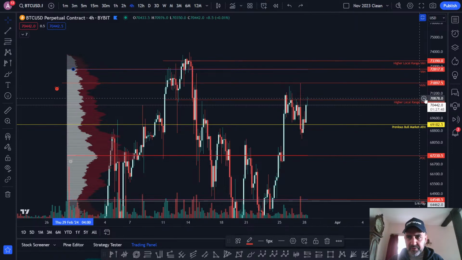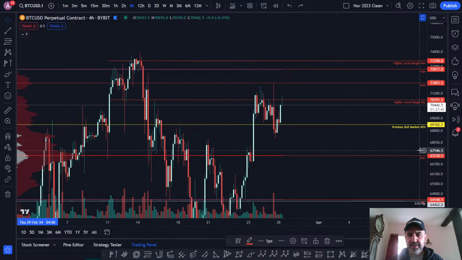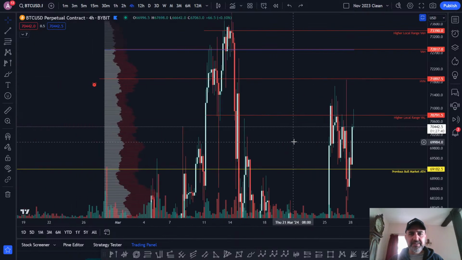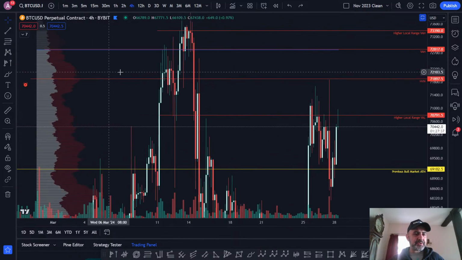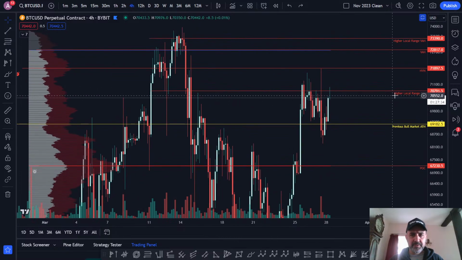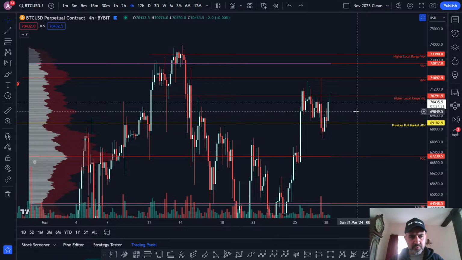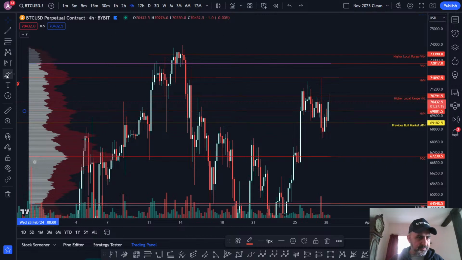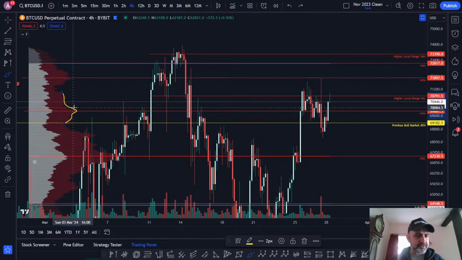You still have a high volume node here, which is where we had a rejection yesterday. You see how the price almost came into it perfectly and got rejected. So that's why these high volume nodes are very important, and they're very powerful as well. And then obviously what we can see in this volume profile is that we do have one underneath us as well, slightly here. You see how in this whole volume profile it kind of sticks out there. That becomes your high volume. So in this whole mini profile, you have one area of interest where there's highest volume.